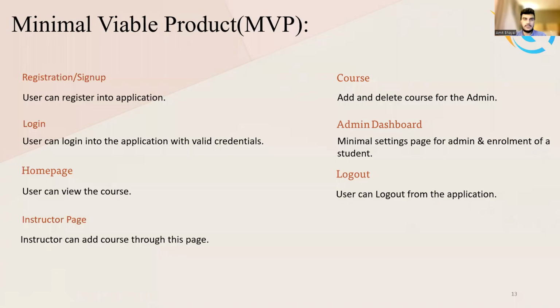Previously, it was assigned to admin only, but now instructors can also add new courses. And for instructors and students, we have added functionality to wishlist a course and a message to admin for any type of queries and any type of questions. And this was our MVP for Sprint 4.